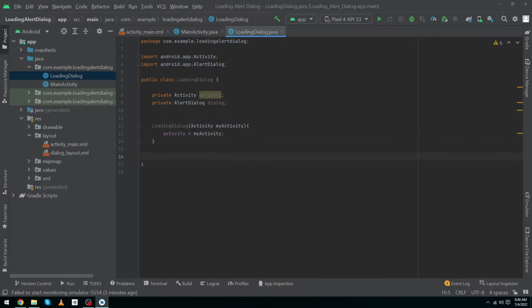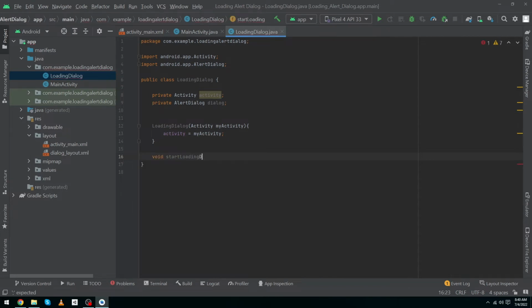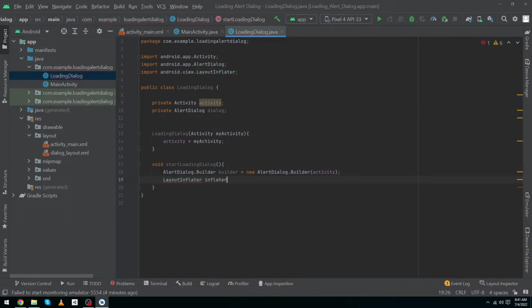Next we have to create a function which will show our progress dialog to our user. So I'm going to name this startLoadingDialog, and we will type here AlertDialog.Builder builder is equal to new AlertDialog.Builder, and we will pass our activity inside this class. Next we will type LayoutInflater inflater is equal to activity.getLayoutInflater semicolon, and next